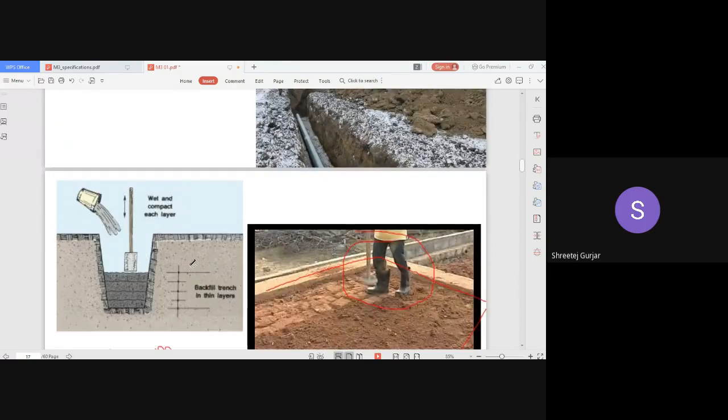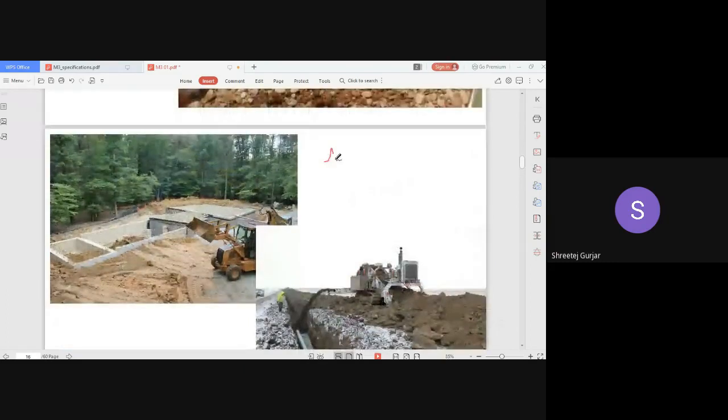Now regarding the material, the first thing that you have to write is the material. What is the material that you are using? It has to be good material. It can be moram, it can be red moram. Then you can have a gravel mix and sand. You can also have broken bricks. What do you mean by moram? Moram is nothing but powdered rock. So this is preferred for backfilling, usually preferred for plinth filling. Then you have gravel mix and sand and broken bricks. You can use these.